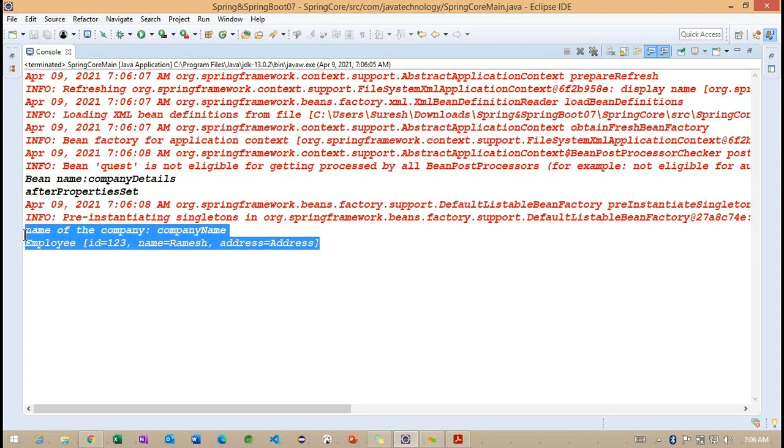Whenever we have ambiguity, we can define this explicit configuration. Sometimes we have multiple beans with the same implementation class name or some ID of the bean. In that case, we can go for the explicit configuration. We can define the property as well as the autowire concept here.